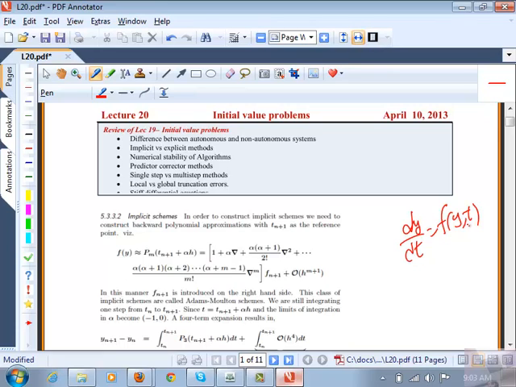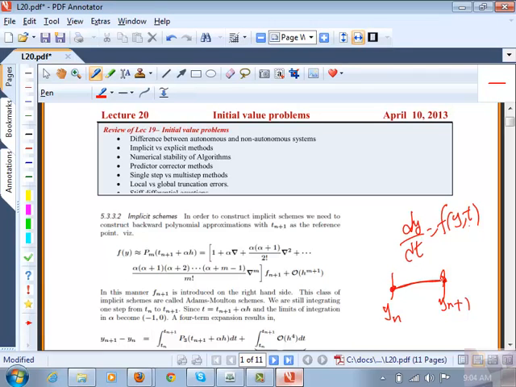And then we looked at the implicit versus explicit methods. The implicit methods always require the next predicted time step value. So that value is implicit in terms of going from yn to yn plus 1. This is the current step at yn, and this is what we want to predict, yn plus 1. If we can predict yn plus 1 without having to iterate, then we have an explicit method. And if yn plus 1 itself appears on the right-hand side, then it becomes an implicit method and needs an